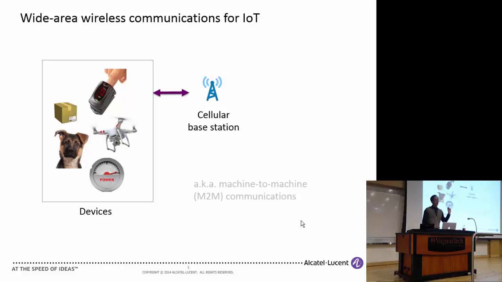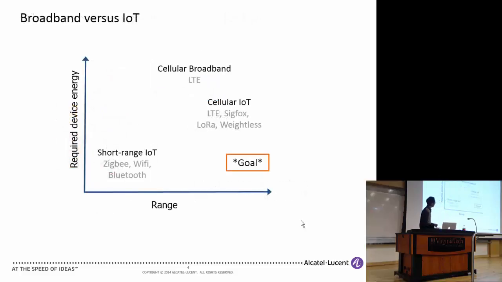So we want to focus on communication between these devices and the cellular base station. This is sometimes called machine-to-machine communications, or M2M. And so if we think about the challenges of communicating for these IoT devices versus conventional broadband communication for cellular networks, there are a couple of differences. If we talk here in terms of the range versus the required device energy, we can think of